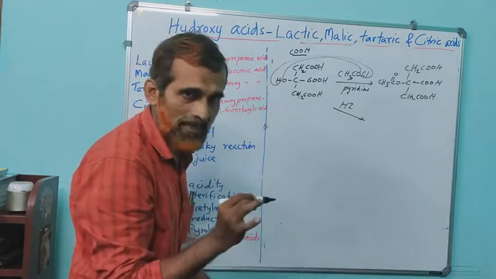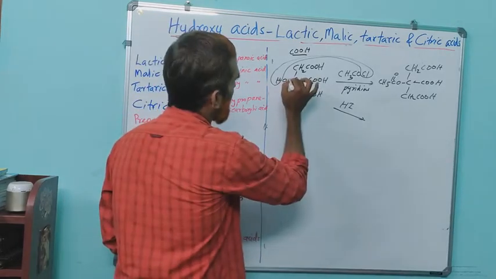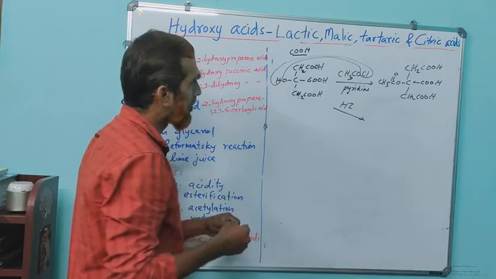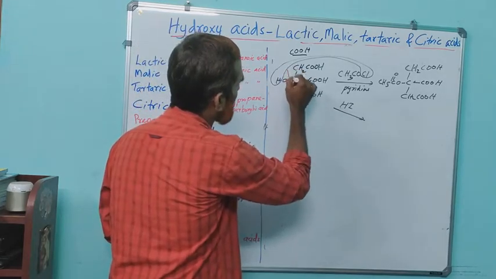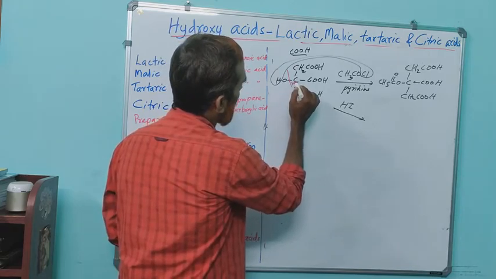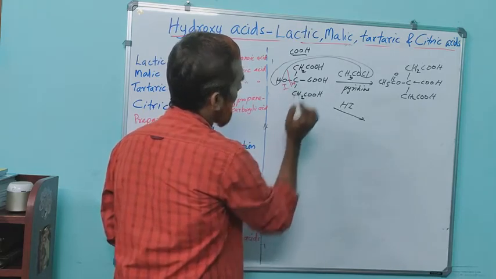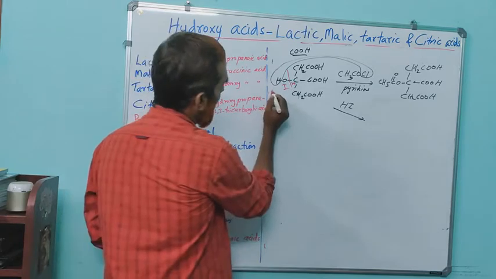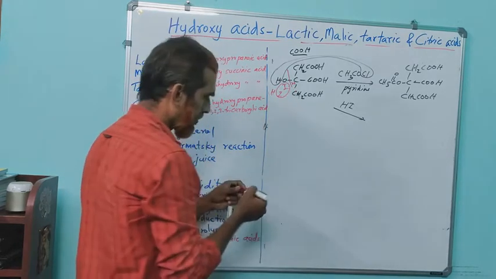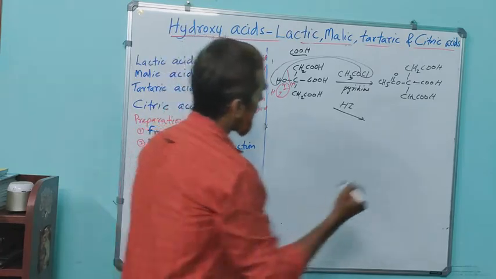Reduction using HI. Okay, that's what. Not the reduction of carboxylic acid they are discussing here. So what happens, you know, this HI can break this OH group and H is added on this carbon and I here. Another HI also will come and form iodine and water. So the product is what you are getting,